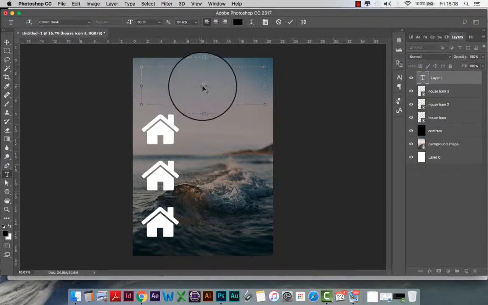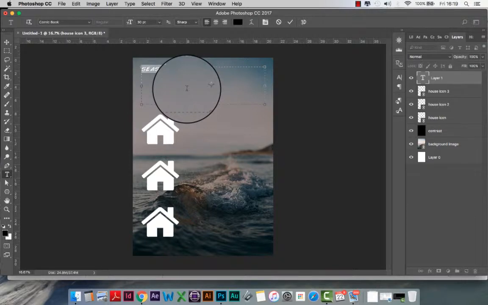So the first thing I'm going to do is just write something in here, such as, let's write seaside. There we go, that's come in there. Now, it's not the font I want it in, it's not the colour, it certainly isn't the size I want either. So there's a few things I need to do. So you'll see that this cursor changes again. When I go in here, it gives me that little cursor that you'd find in Word. I'm going to highlight this word by clicking and dragging across it, like you would in a Word document